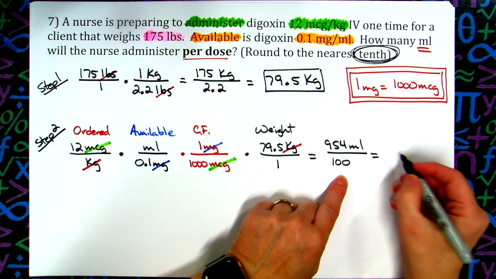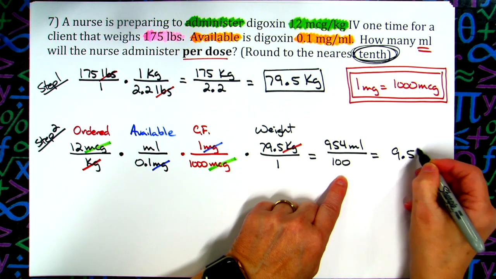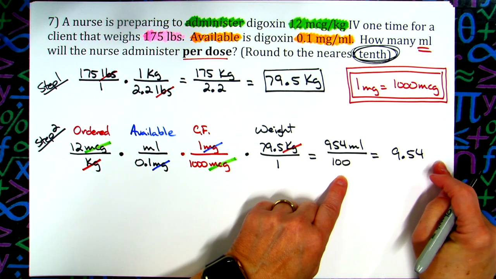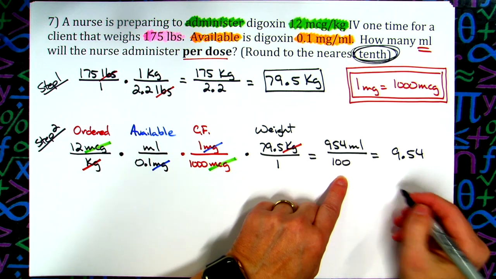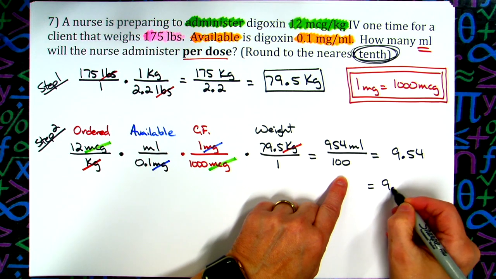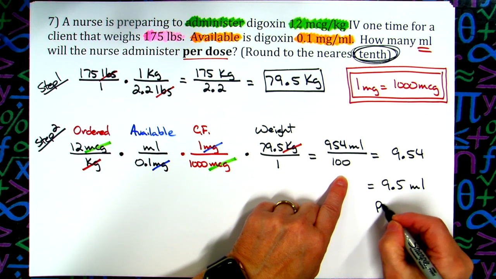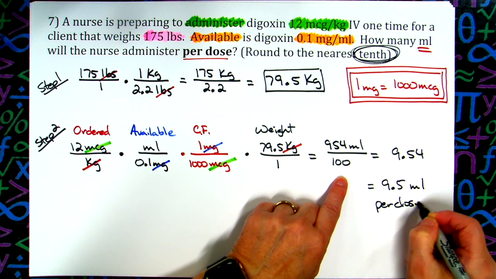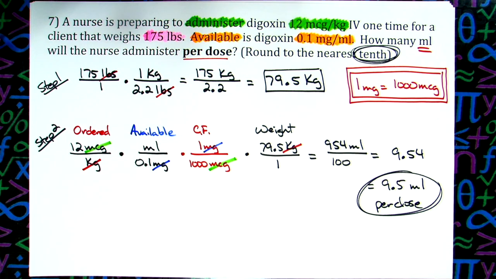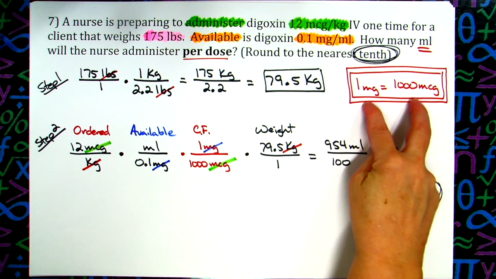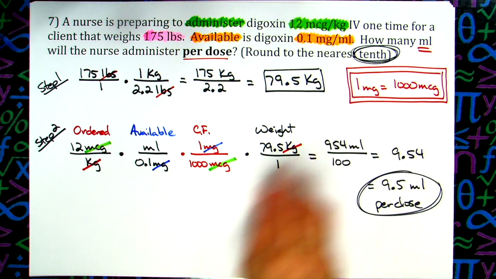So this would be 9.54 if I just divide out normal, and rounding to the nearest tenth, that's going to give me 9.5, and that's going to be milliliters per dose. So taking that rounding into consideration at the end. Definitely an example here with the microgram and needing to know that conversion factor,